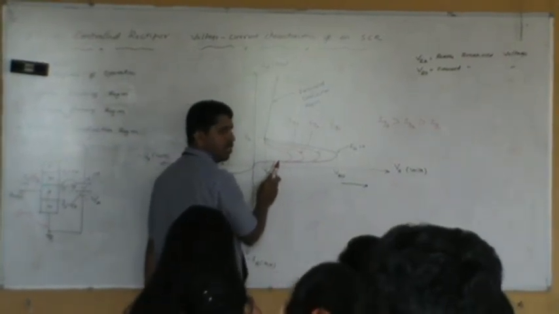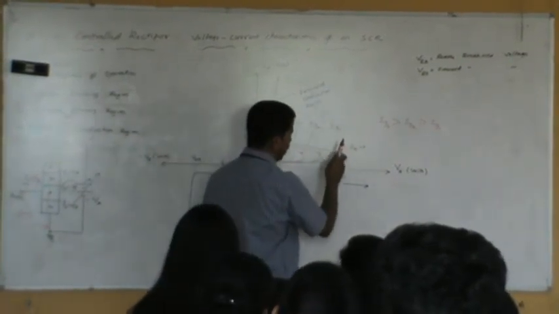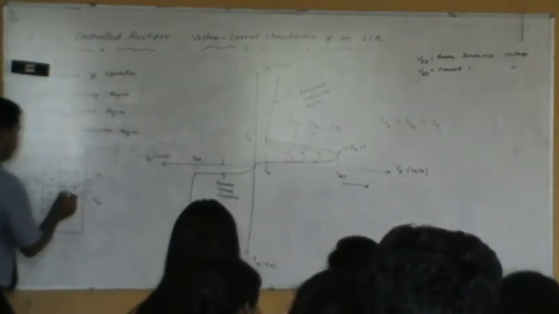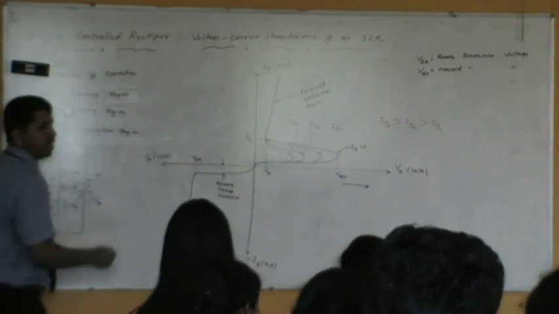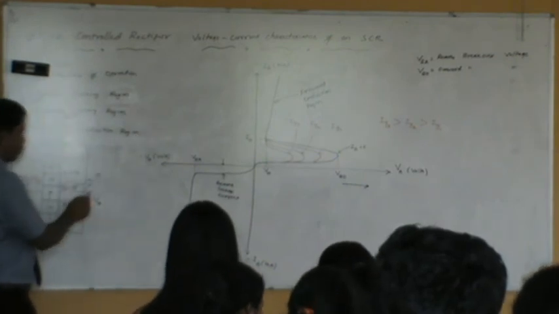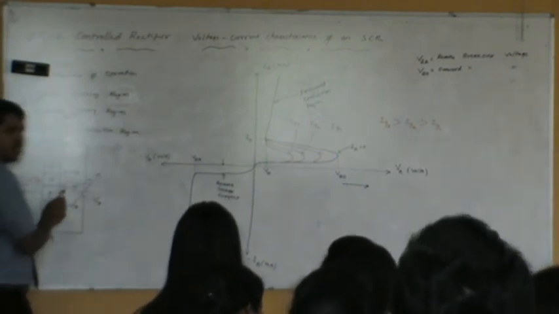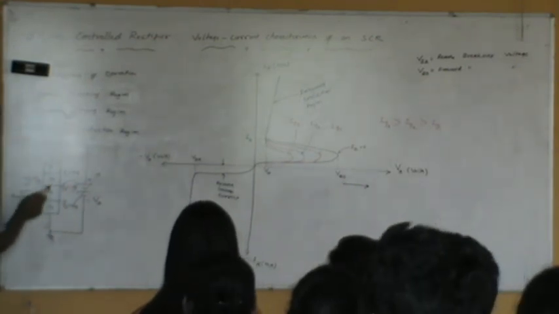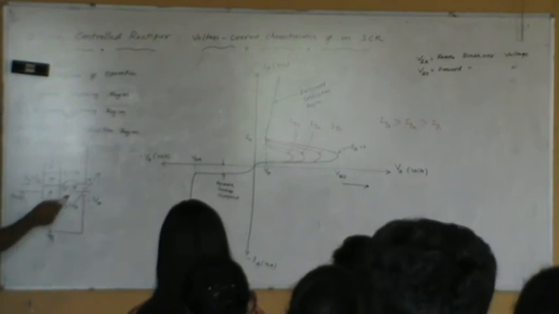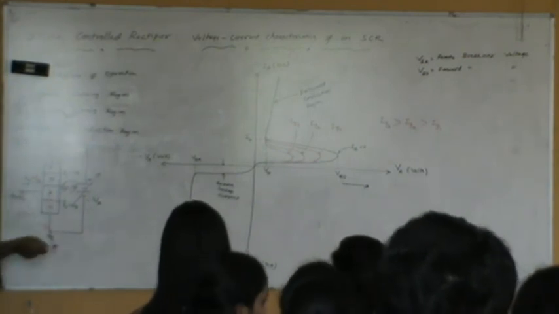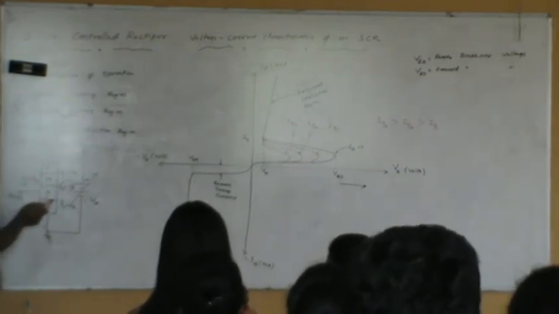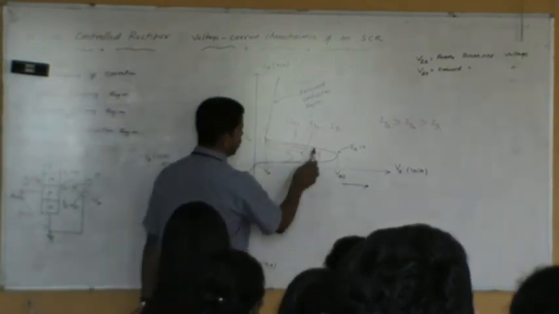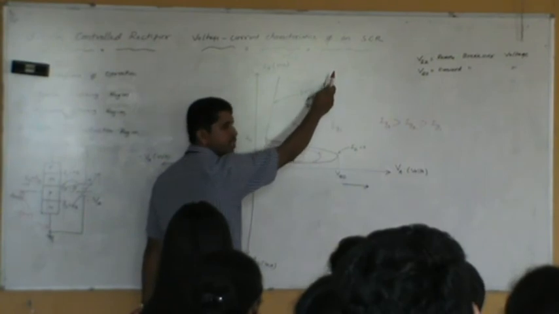Do you understand this point here? If you don't apply the gate voltage, it takes up to VBO. That means this particular junction has to break down. It will take a long time to break down. You need a large voltage to be applied for this junction to break down. But now, if you apply the gate voltage, this particular junction has been forward biased. There is no question of breakdown now, because junction J2 has been forward biased. Now, just for a smaller voltage here, the device will go into the conduction state.